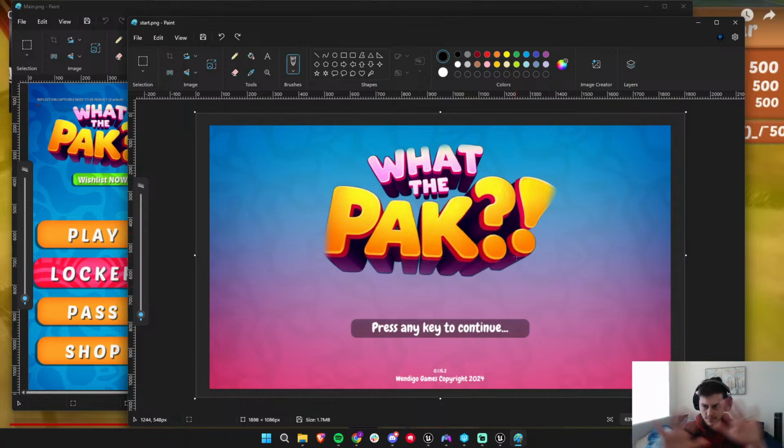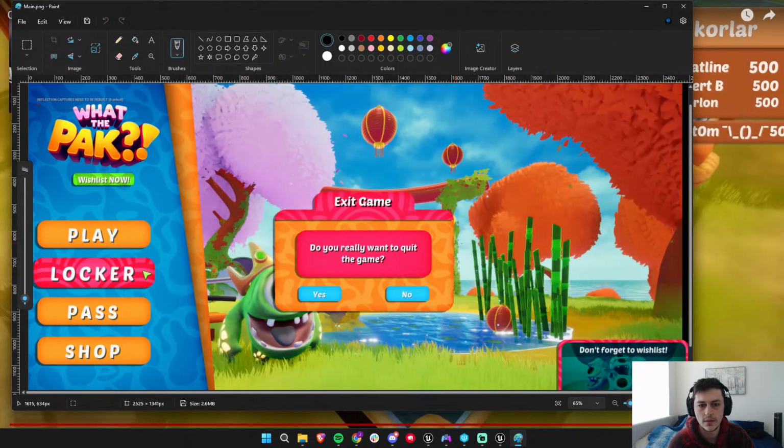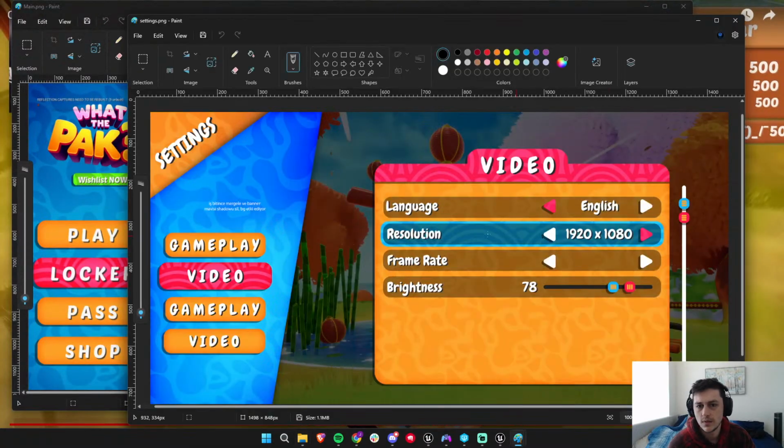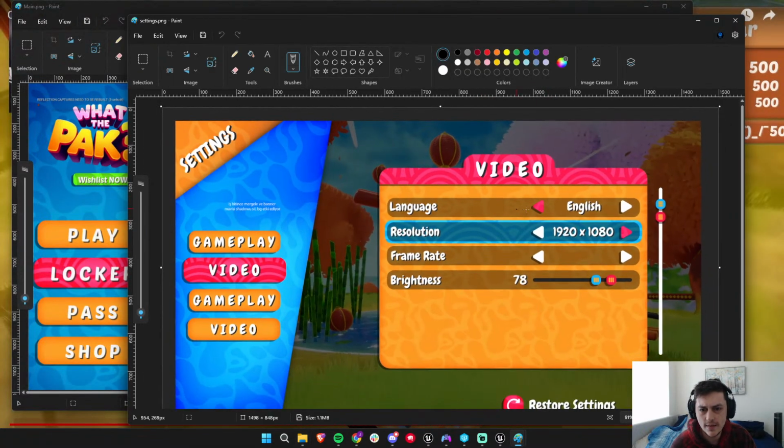This is pretty. Here's our logo. Press a button, and then you have your nice little copyright, which is nice. Got to support yourself. And then for settings, oh,